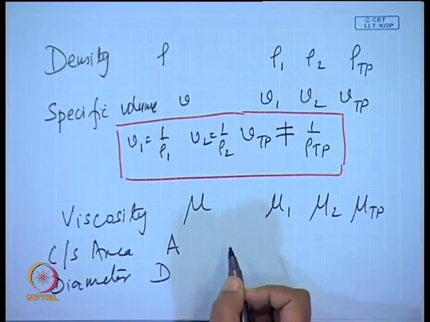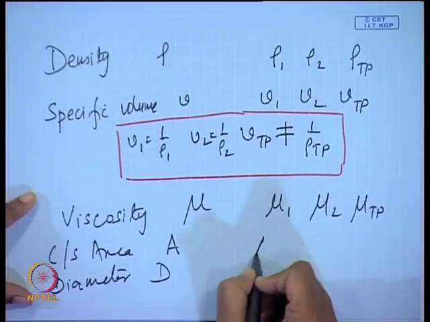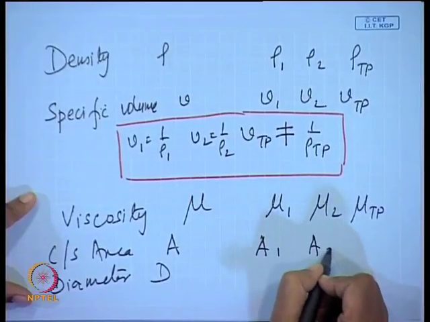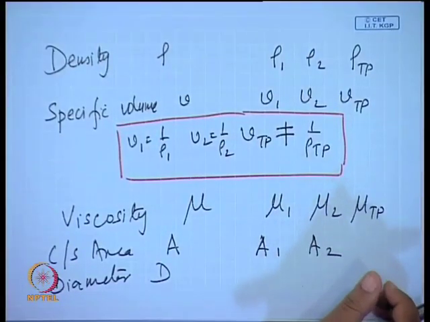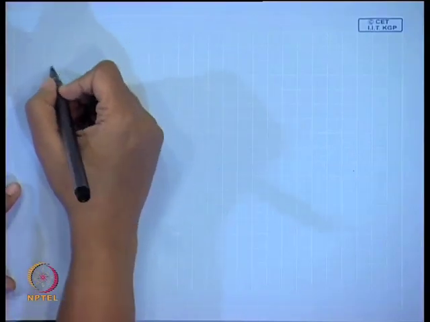In this particular case, in addition to the total cross sectional area, it will be important to know how much of the cross sectional area is occupied by phase 1 and how much by phase 2. Accordingly, we have A1 here and A2 here, where naturally A equals A1 plus A2. After that, after the cross sectional area, we have the wetted area,